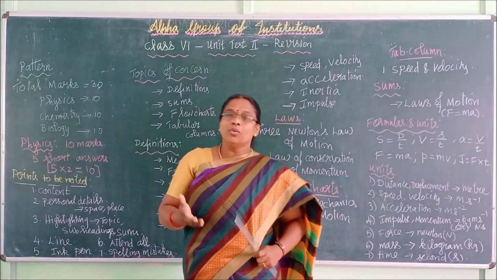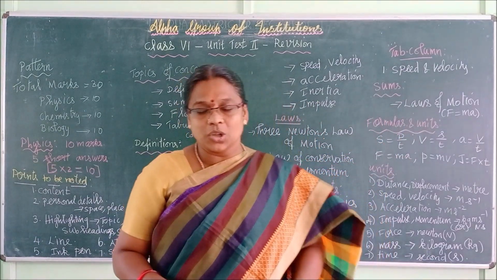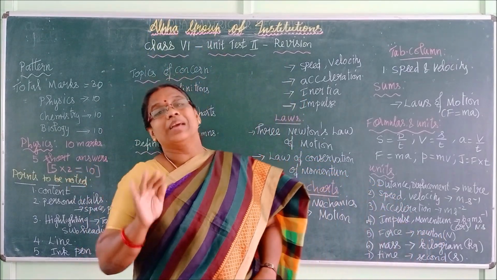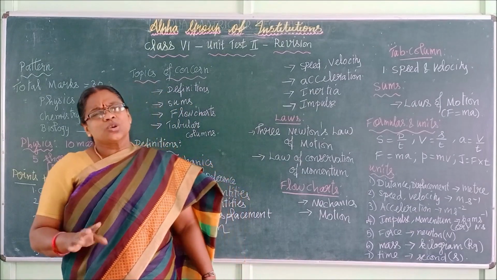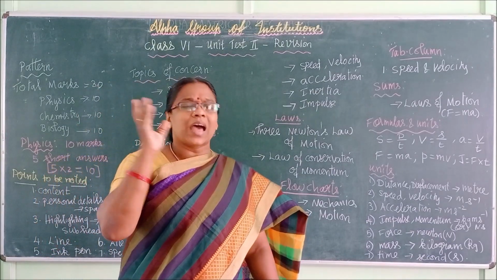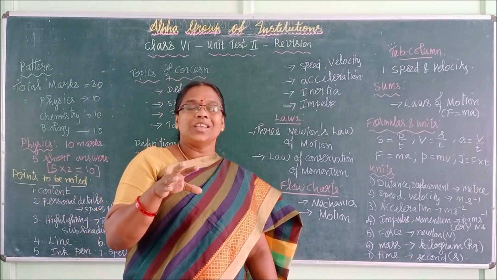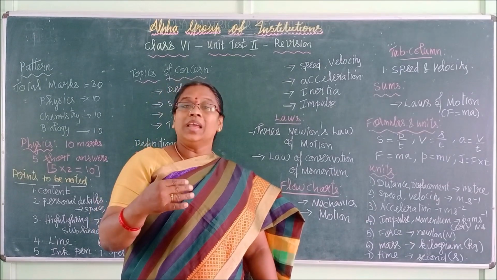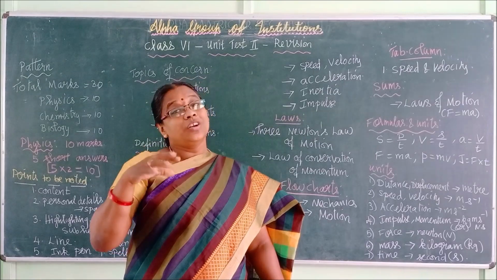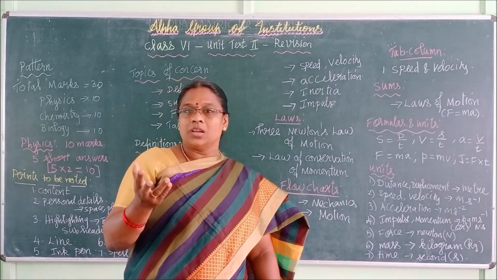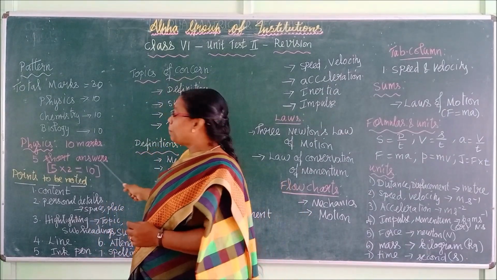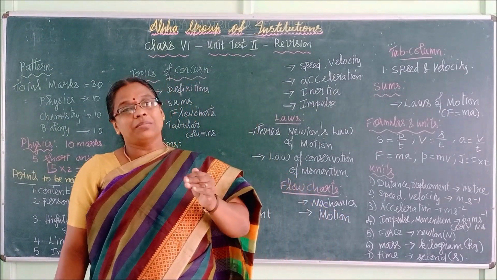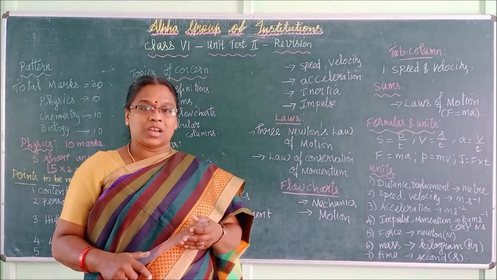So it is in your book and I have given it in your content also. Definitions, unit, formula, all those will be compared in that tabular column. If it is a short question, meaning 2 marks, write 3 points. If it is asked in detailed questions, not now, but here in the pattern I have given only short answers. If it is asked for 5 marks, write some more extra points.